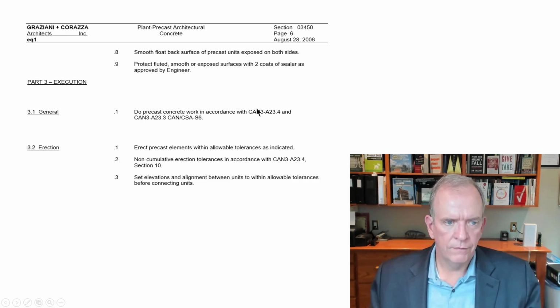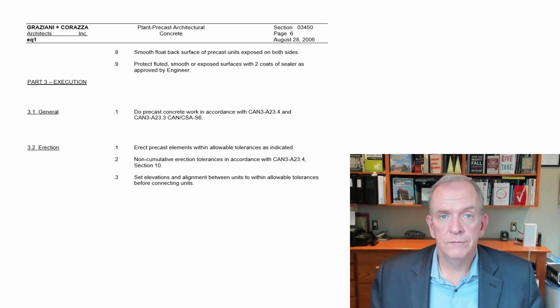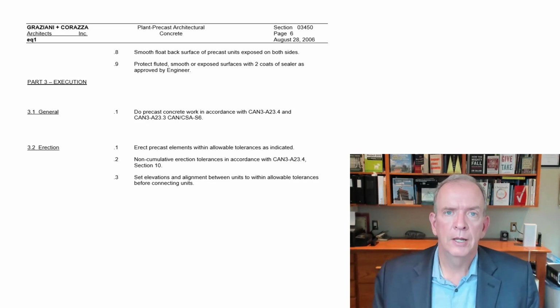Execution, do precast concrete work in accordance with this standard. So that means that you'd have to follow that standard. And if you're a concrete subcontractor, then you should know what this standard means and ensure that you are able to apply for that. So that's under the execution. Erect precast elements within allowable tolerances. Again, that would have it in the standard, so you'd know what those tolerances are. To be honest, it's very helpful when you're referencing a standard and that subcontractor is doing the work within that standard, because it helps to